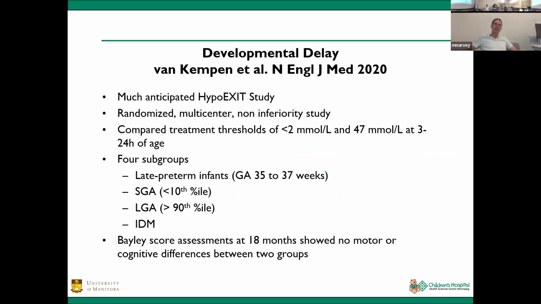This was an interesting study. I can tell you, this was an exciting time. So November 2019, we published the Canadian Pediatric Society statement. I think it was December 2019, after Hot Topics in Washington, I got an email from a neonatologist in Canada